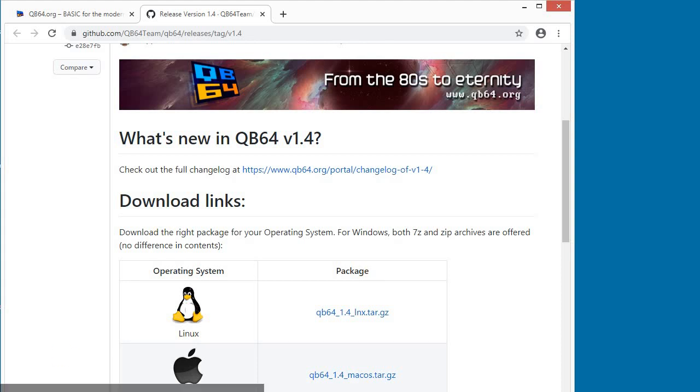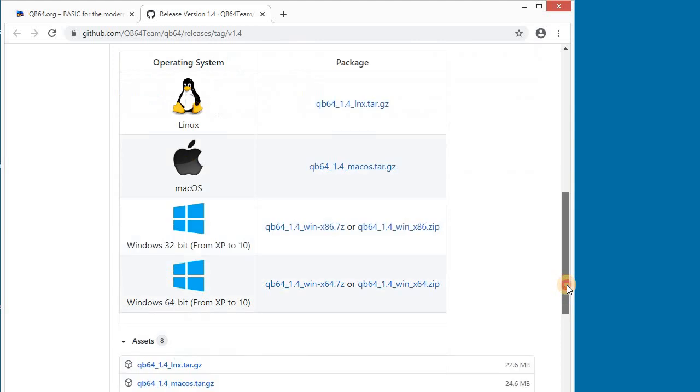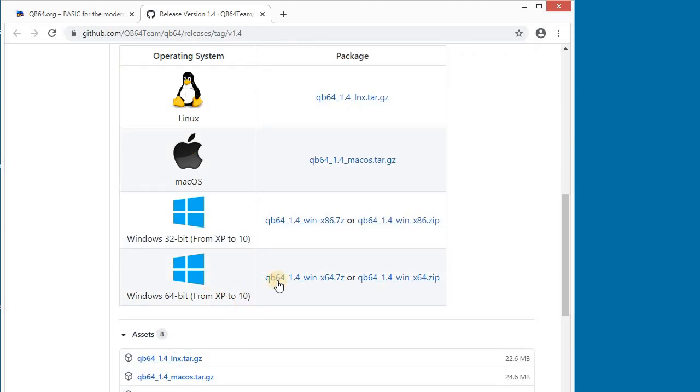Look here. Here you will see two options, 64 bits and 32 bits. And you already know which option supports your computer. My computer supports 64 bits.